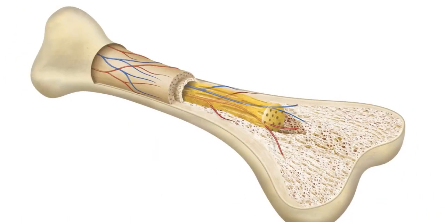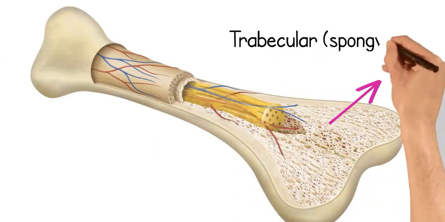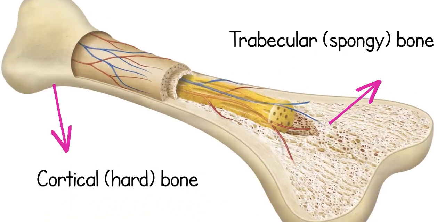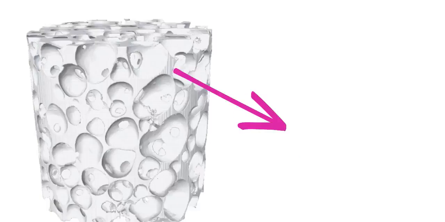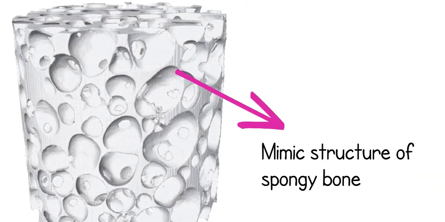Bone is composed of two main parts: trabecular or spongy bone and cortical hard bone. Spongy bone has a sponge-like structure with lots of pores, and a good way to repair spongy bone is by using a sponge-like scaffold. These can be produced through a variety of different methods, but the most common would be